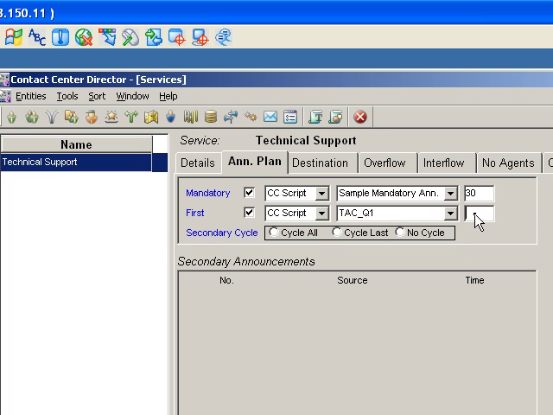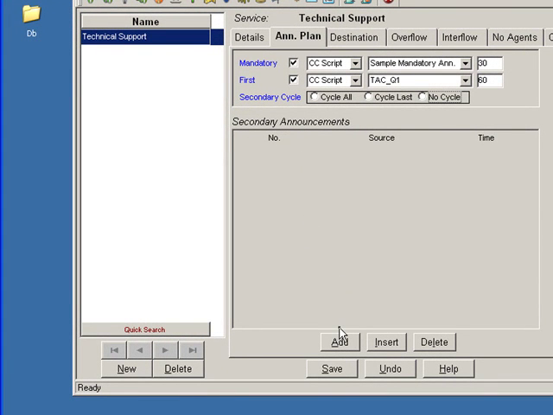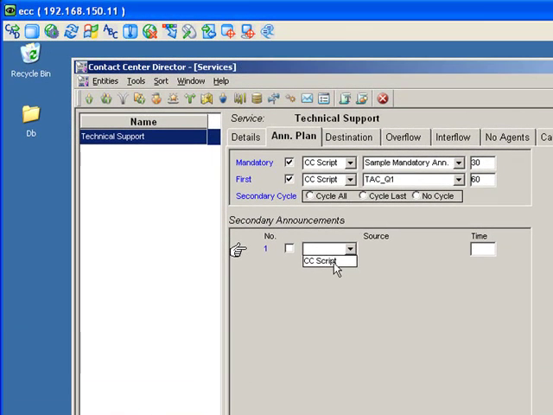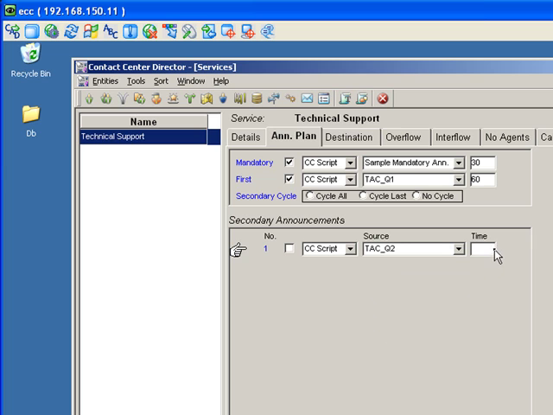And then let them sit there for 60 seconds or so, and we now go into an area in which we need to add more options. So I'm going to make this the first message that they hear after the first queue message, previously recorded TAC 2,